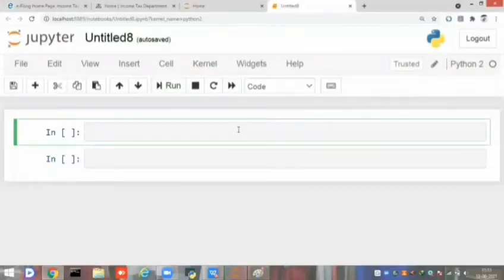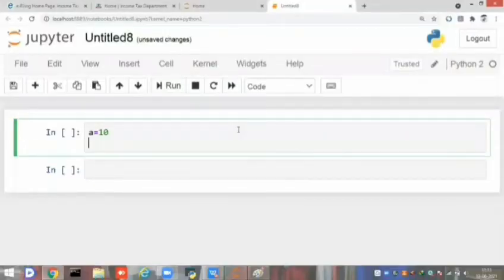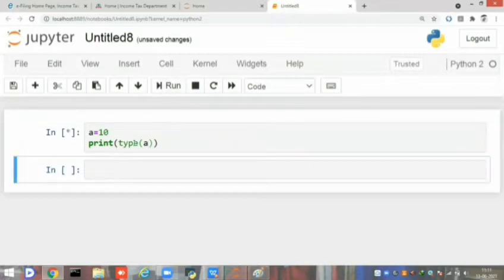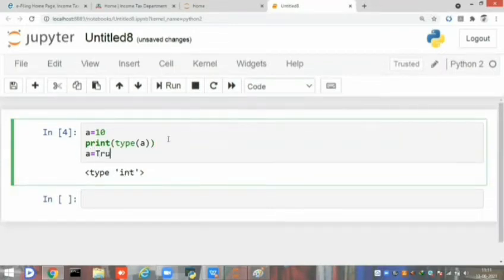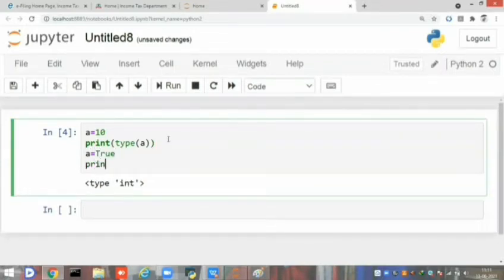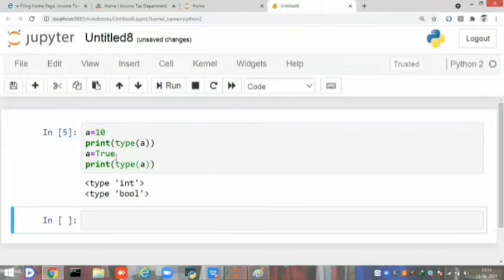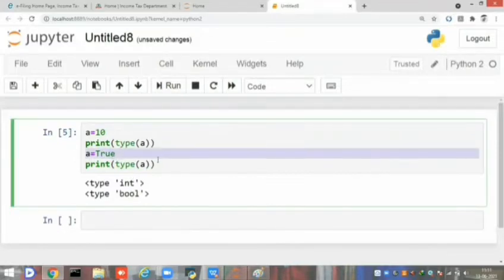So if I give a equal to 10, I am printing the type of that a. So print of type of a. When we run that, we will get it is a class of int. In the same way, if I give a equal to true and again use the print of type of a, we will get bool, because here a is the type of bool.